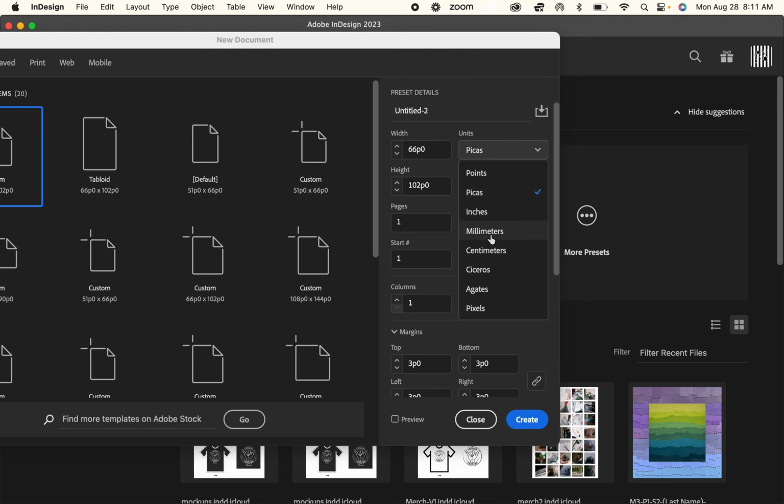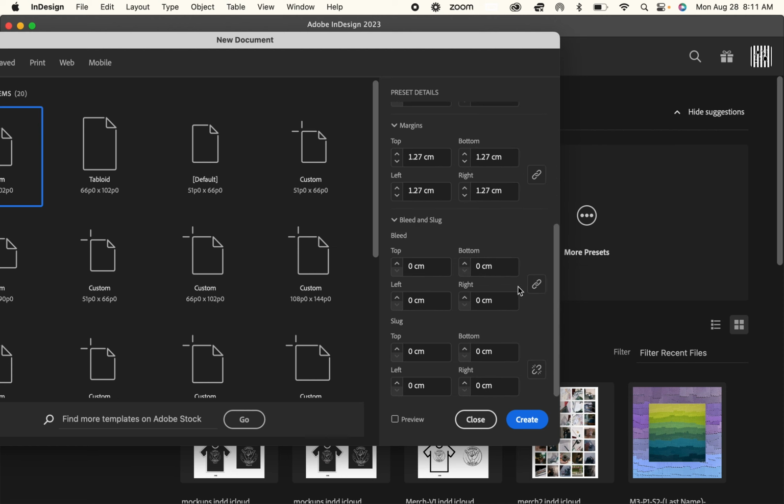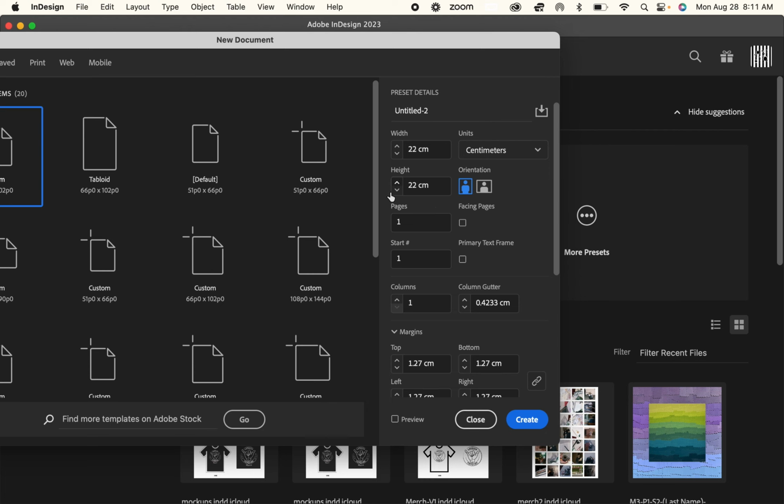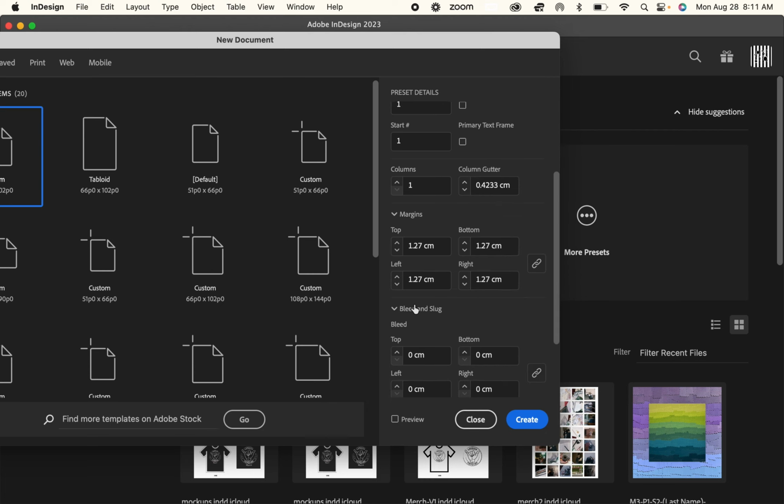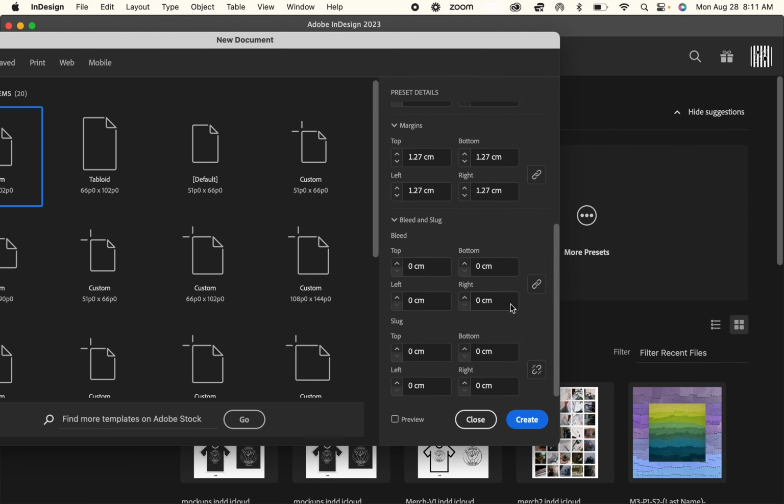You'll set it to centimeters and do 22 by 22 centimeters. You're also going to want to look at the bleed settings and double check that facing pages is turned off. The margins don't matter for this project, so go to the bleed settings and do 0.25 all around. If they don't all automatically change to 0.25, it probably means that this is turned off, so just make sure